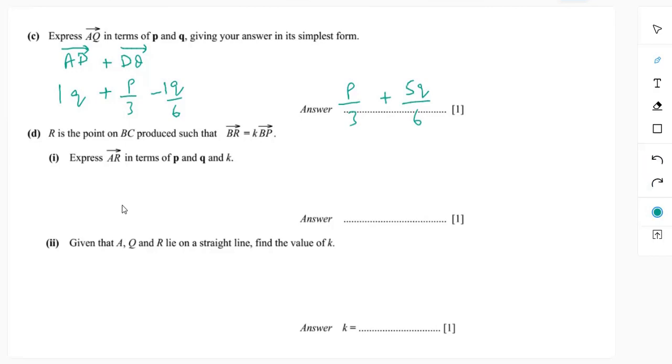R is the midpoint on BC, produced such that BR vector is equal to K times BP vector. Okay, let's think about this. Laiba, you can actually do that to verify your answers, but you have to show your working. You have to show your working, right? आपको working show करनी होती है, तो